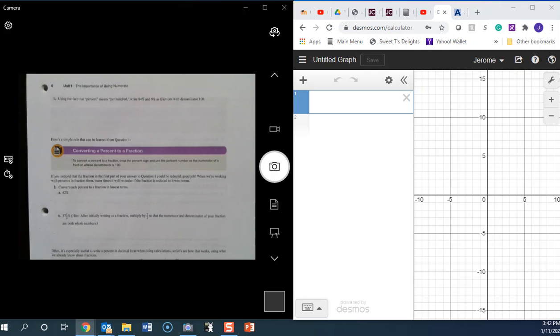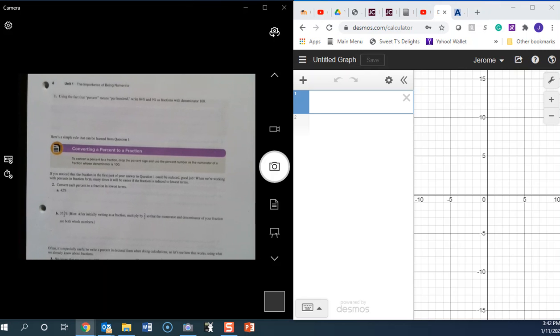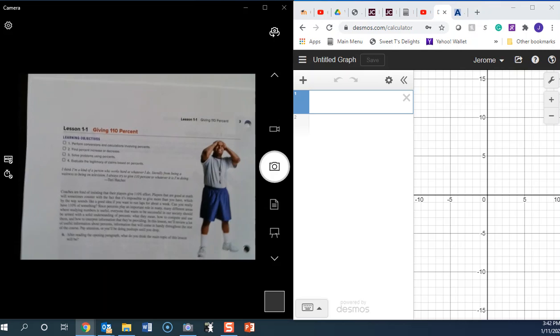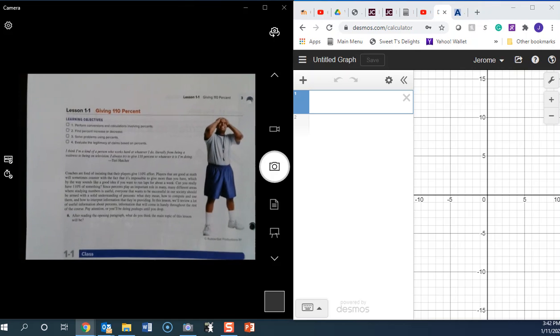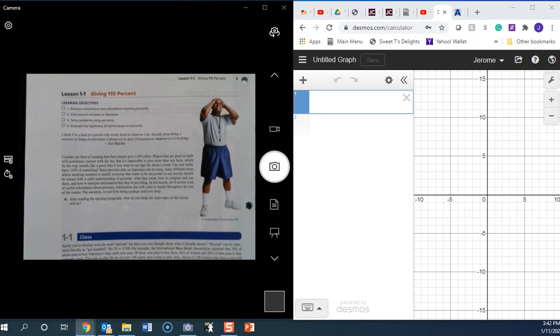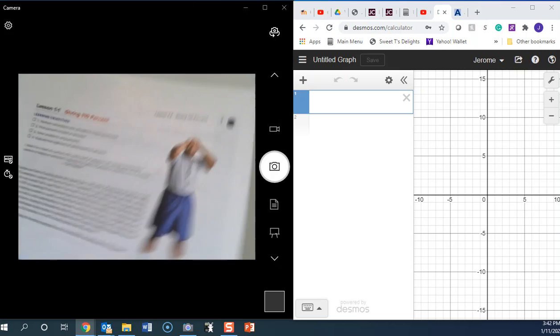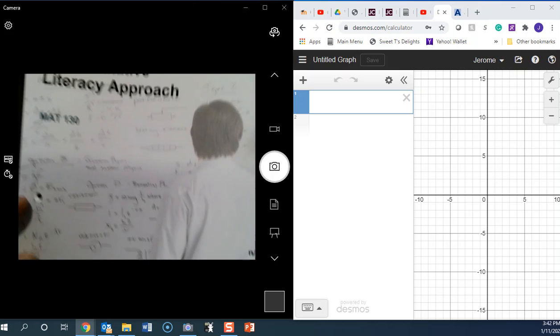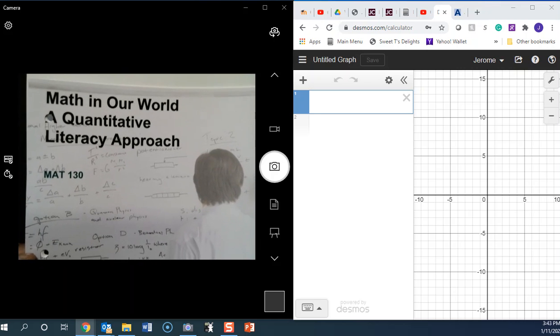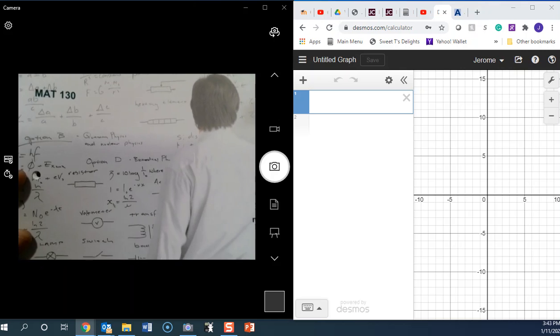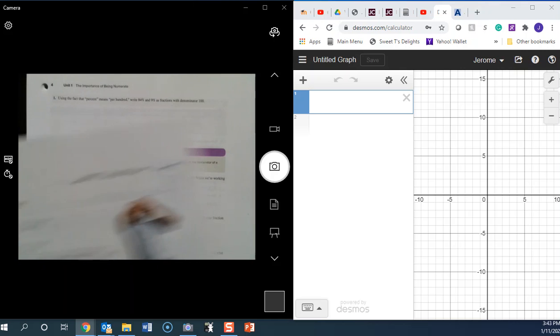All right, class, we're about to start section 1-1. It's on page 3 of your course pack. Now, for those of you that are new to this class, you need the course pack. I believe the cover of your course pack looks like this here, Math in Our World, Quantitative Literacy Approach. And you need to go to page 3,